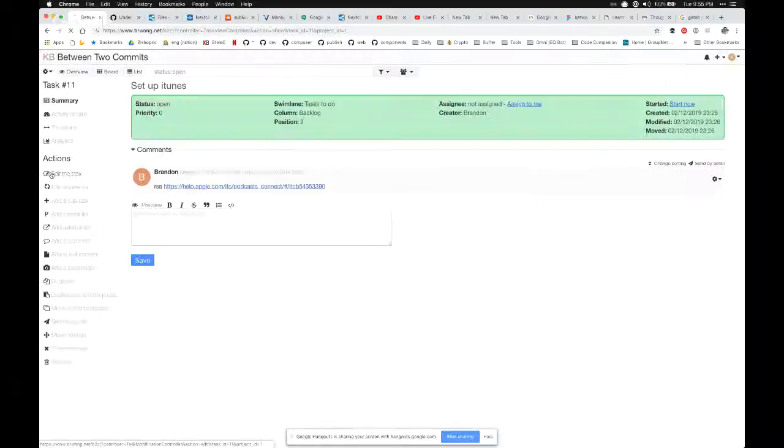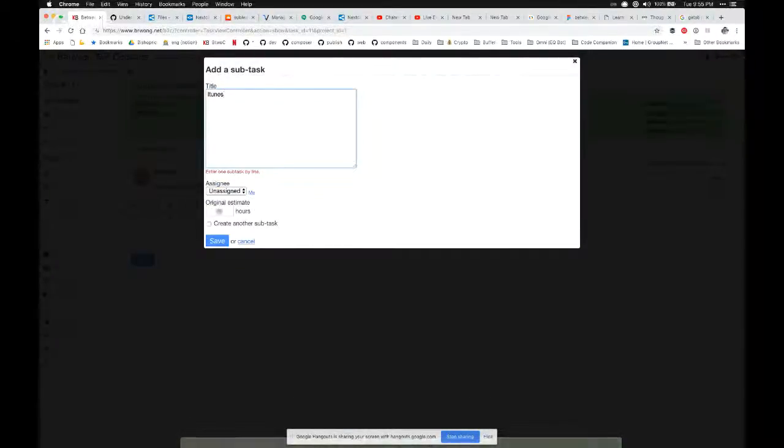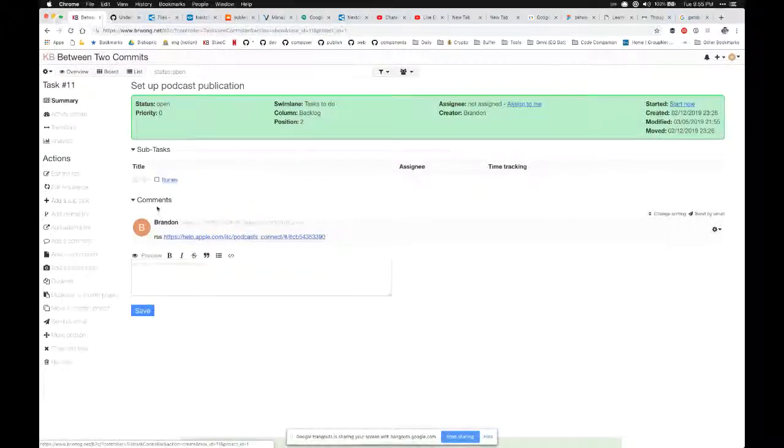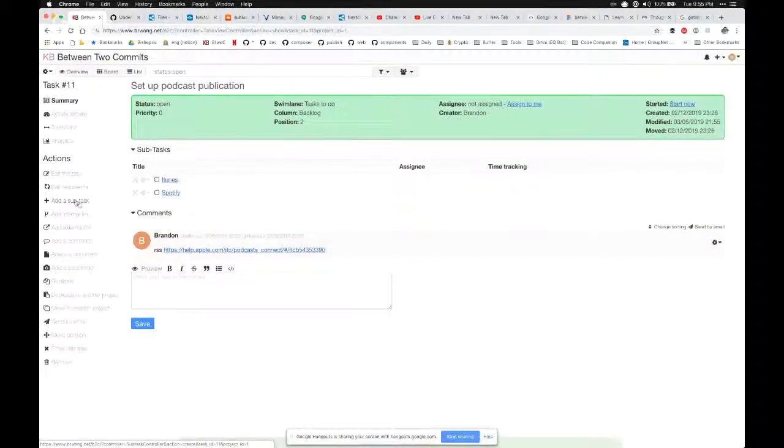So, and then maybe add a subtask here, like we have iTunes. Let's see. Overcast is okay. We actually need to do some research here because I feel like there's a number of them. Spotify would be one I'm interested in too, for sure. Google Play.